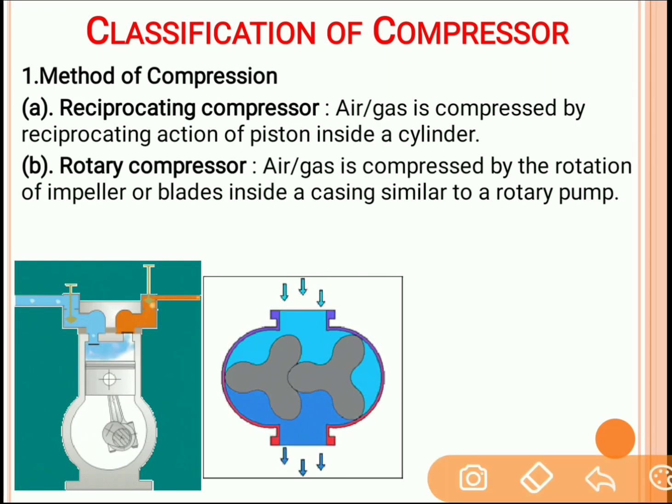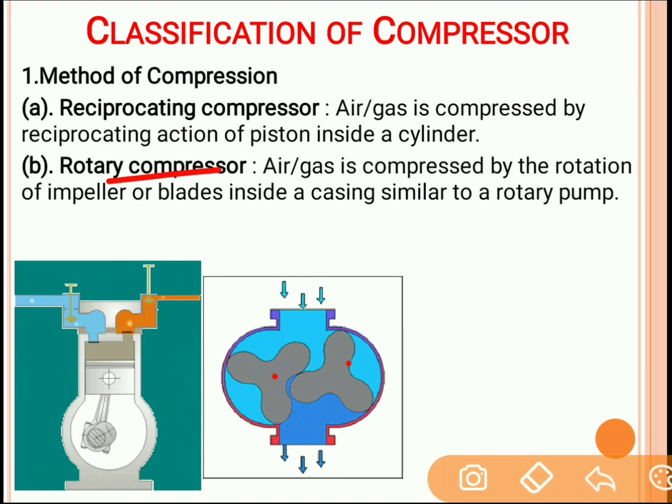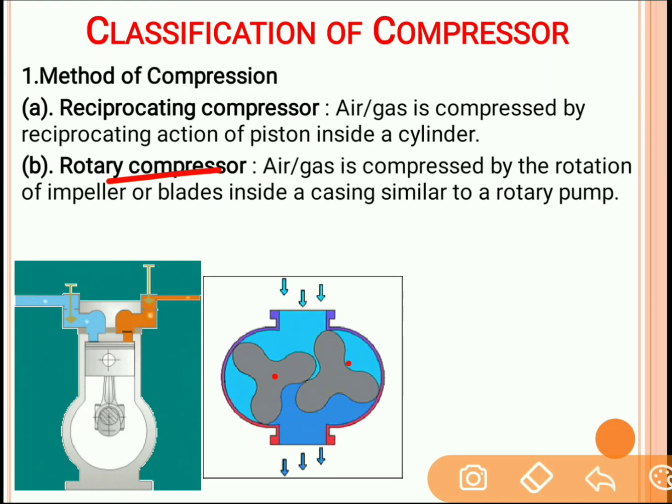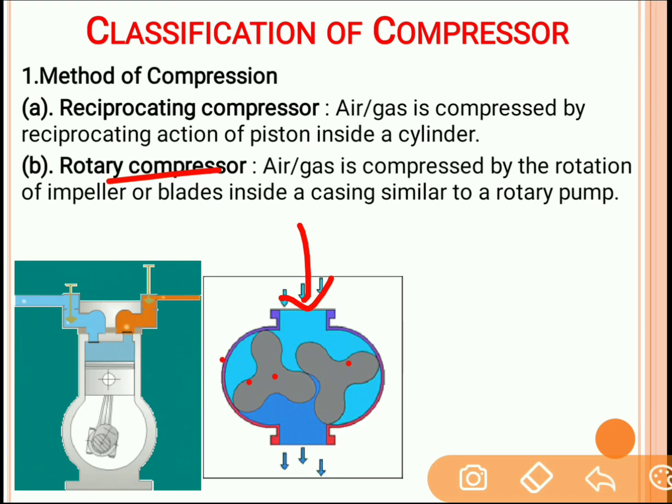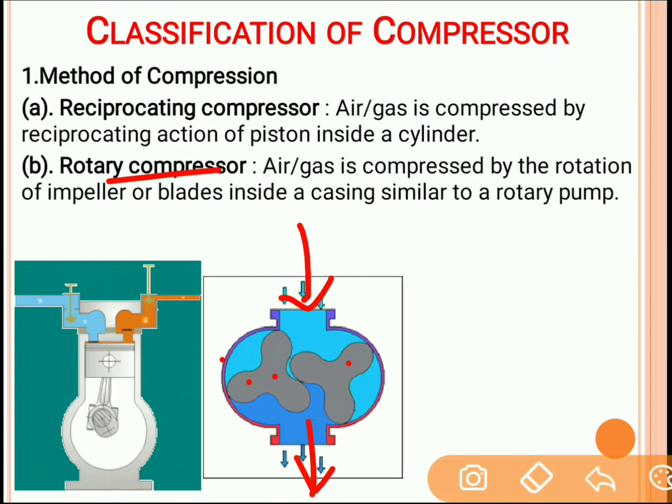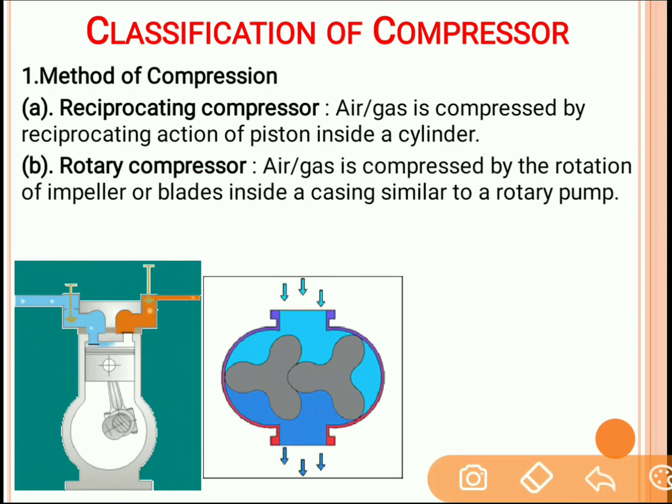You can see one figure over here. This figure is for rotary compressor. There are total 2 lobes. These 2 lobes are rotated and the air between these 2 lobes is squeezed so that its pressure increases. If fresh air will enter from the upper end, this fresh air will get trapped between the lobe and the casing. Because of this trapment, the pressure of the air is increased and the pressurized air will transfer to the delivery pipe. Now over here, pressure is increased because of the rotation of the impeller or the blades.